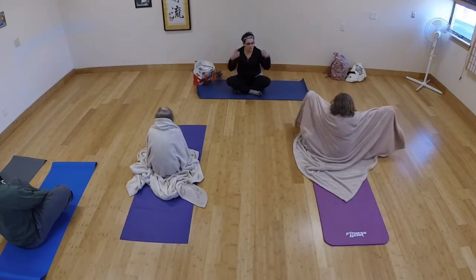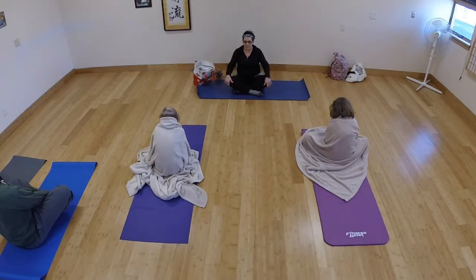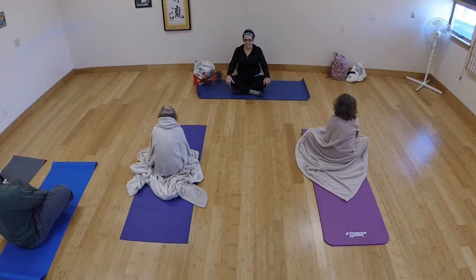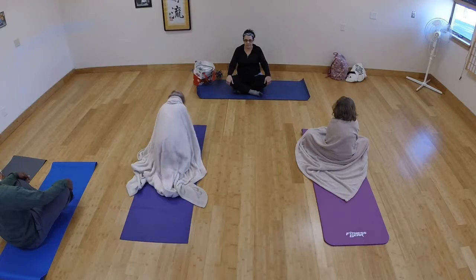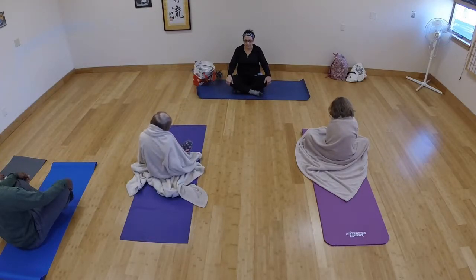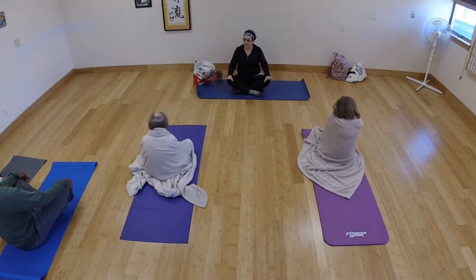Just like in yoga, when we're uniting our mind and our body through the breath, we're going to start that out here. So again, inhaling up, lengthening through the crown of the head, and exhale, letting your stomach go back towards the spine, letting all the air out. And we'll inhale, feel yourself bringing the light from above through the inhale down into your body, bringing that energy, that light in. And on the exhale, we'll send it down into the earth,